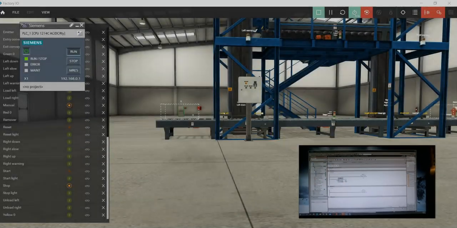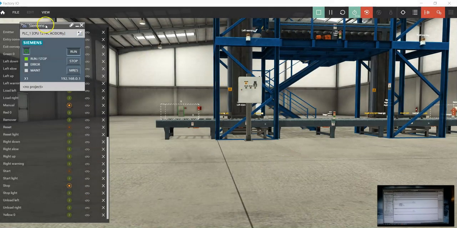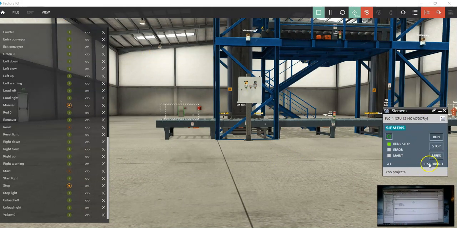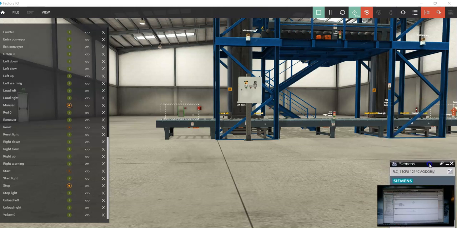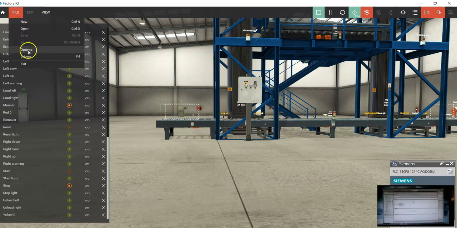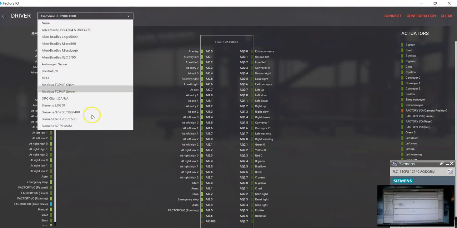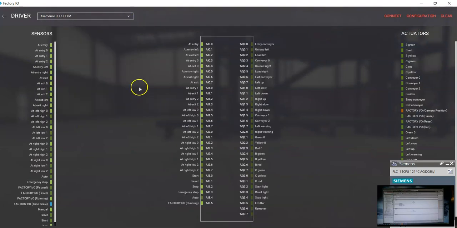So let me try to move that, and you can see what this looks like. And here is the actual IP address that we have for our PLC. So maybe I'll just put him on top of that guy. So now we're pretty much ready to go, except the last thing we have to do is go in here into the drivers. And this says it's the actual Siemens PLC. What we want to have is PLC Sim. And now if we connect up,